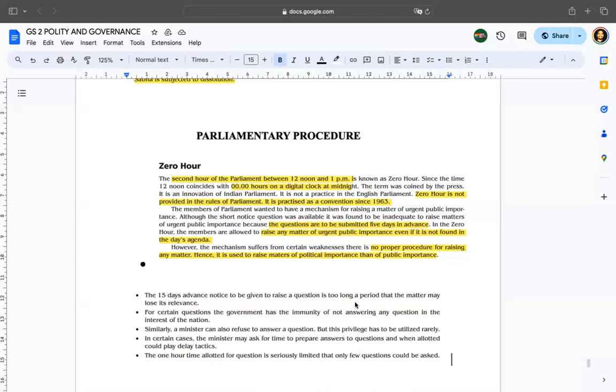But the Speaker has a little more power here. When the resolution in the Lok Sabha is considered and discussed, the Speaker can vote in the first instance, but the chairman cannot, which simply means that the Speaker is a part of the Lok Sabha. So when a resolution to remove him is considered in the Lok Sabha, he becomes the normal MP of the House and the deputy speaker performs that role.